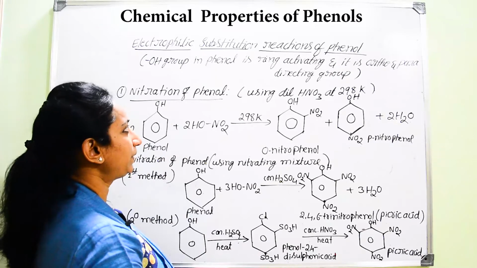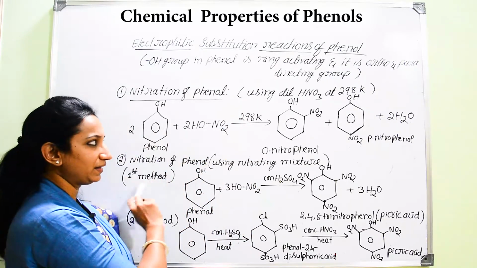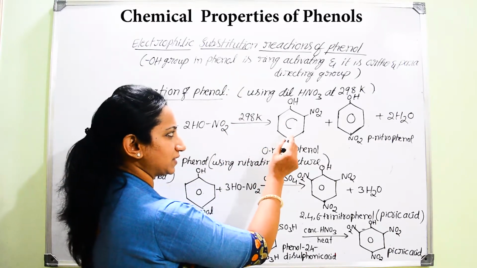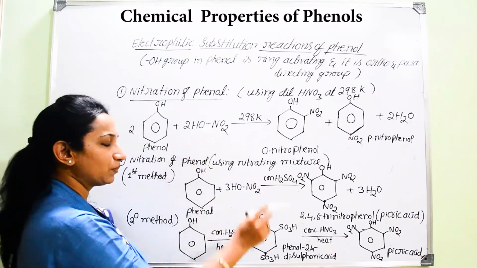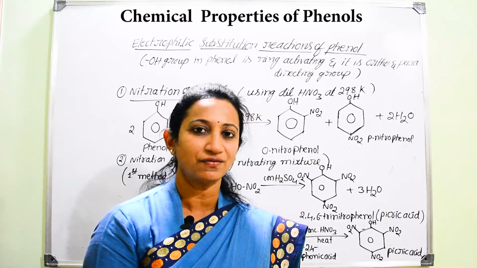Hence it helps the electrophile to attack this aromatic ring and results in electrophilic substitution products. Here we are going to learn about different types of electrophilic substitution reactions of phenol